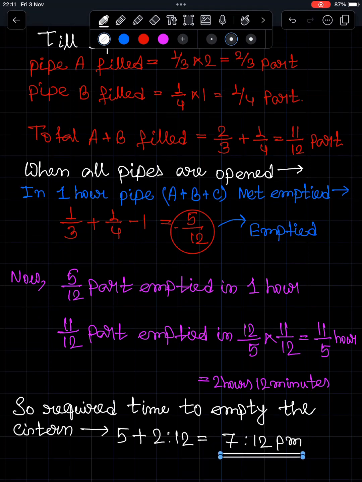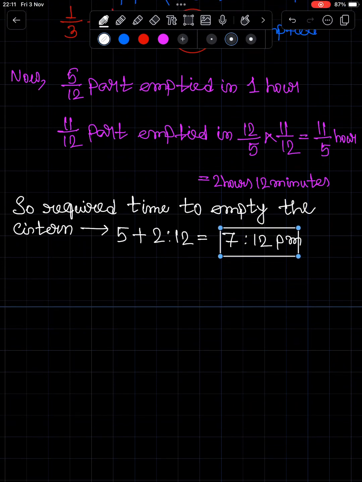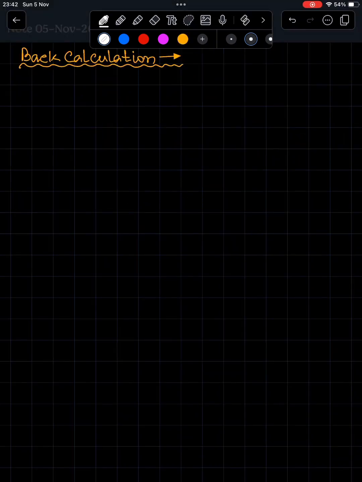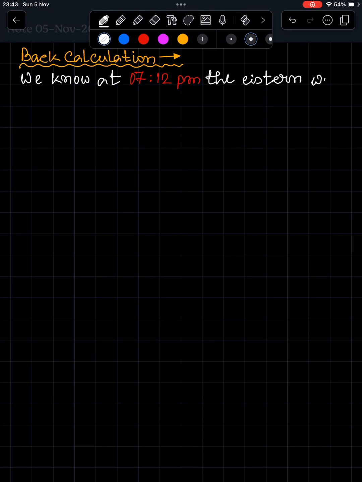It is only after 5 p.m. it will take 2 hours and 12 minutes more to empty the cistern, which is 5 p.m. plus 2.12 hours, which is 7:12 p.m., or 7:12 p.m. in the evening. So the required time to empty the cistern is 7:12 p.m. This is our answer. Now there is an interesting